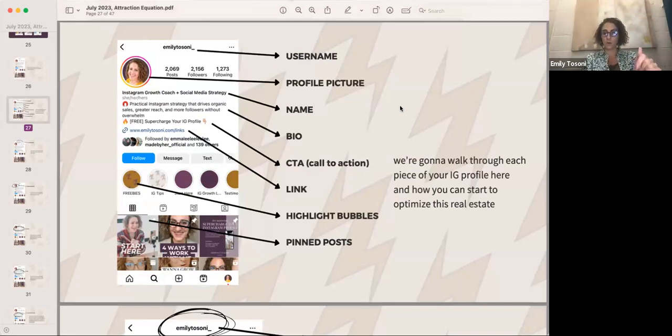Okay, this is all in your workbook, basically a screenshot of this. So if you're like, holy cow, that's a lot to remember, you can either screenshot it now to have for yourself, but it's also in your workbook, which is in the portal. I'm going to walk you through each piece, which I already talked through a little bit with the examples I showed you, but we're going to walk through how to start to optimize them.